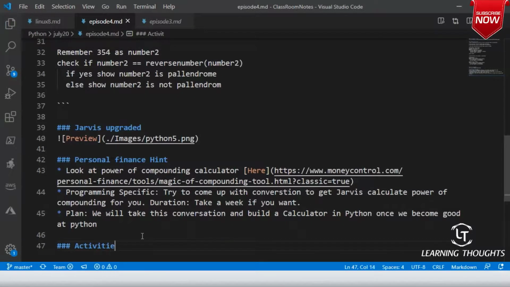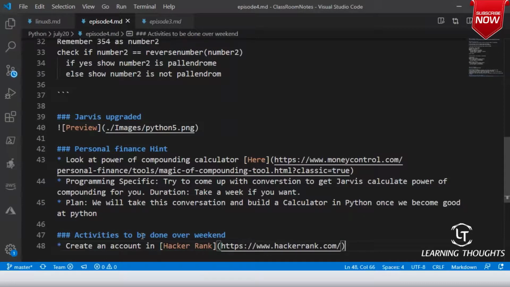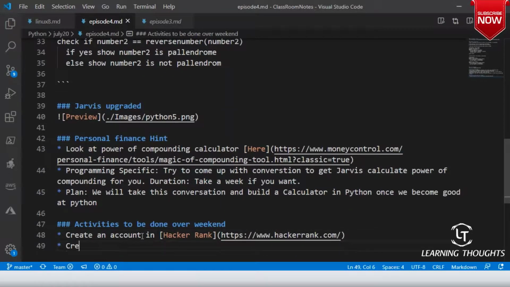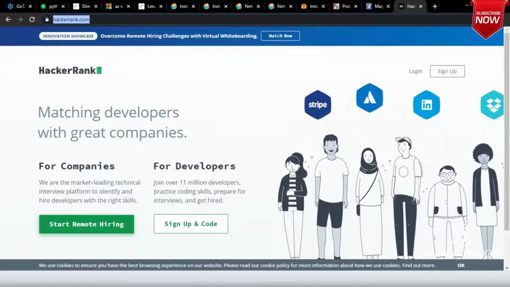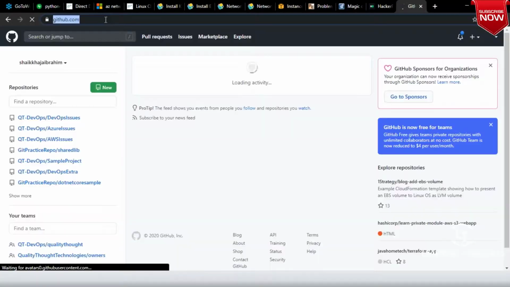Activities to be done over the weekend. Create an account in HackerRank. You might already have one, but if you don't have an account, create an account in GitHub. I'm giving you all the different tools which we would basically be using.